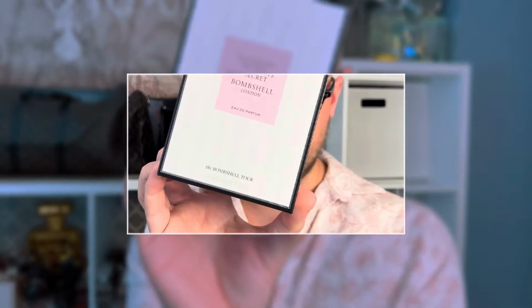The final one, though, the one I don't like, is Bombshell London. Bombshell London is just too heavy on the English rose. So this is a garden lace peony, an English rose, and a black currant. So I typically like black currant. I think it smells great usually. It's one of my favorite fragrance notes and in some of my favorite fragrances. But however, with this, it's just too much rose. And I love rose, but the rose in this is just